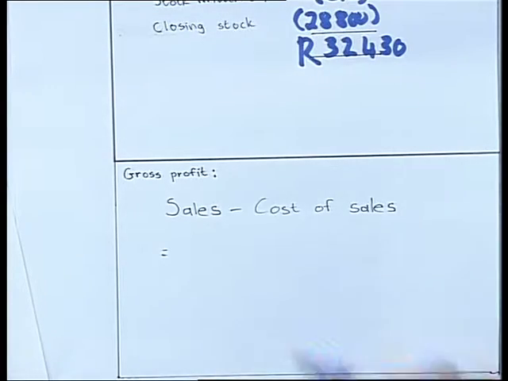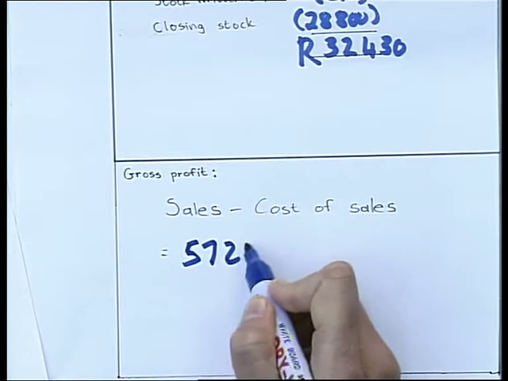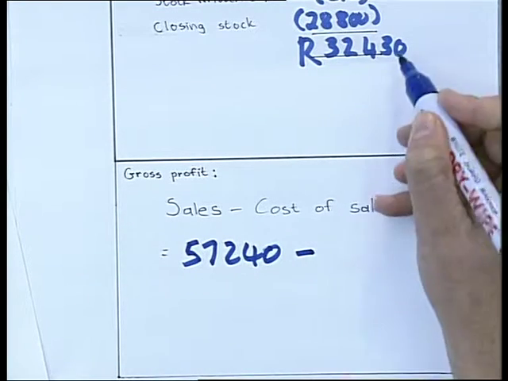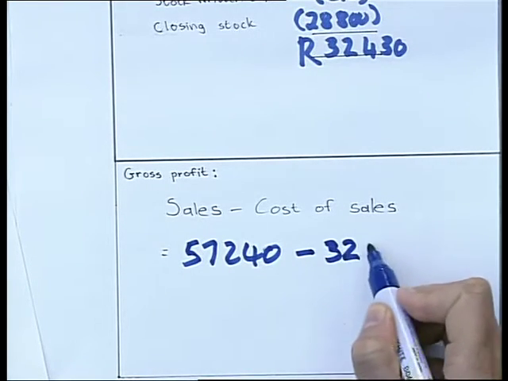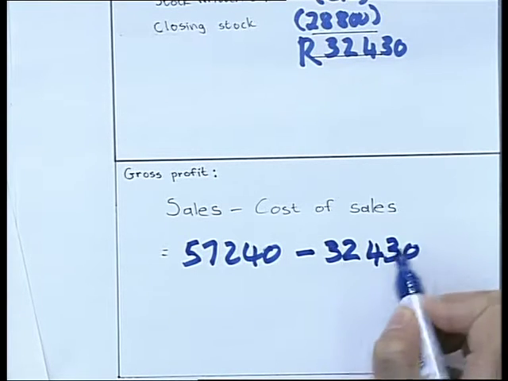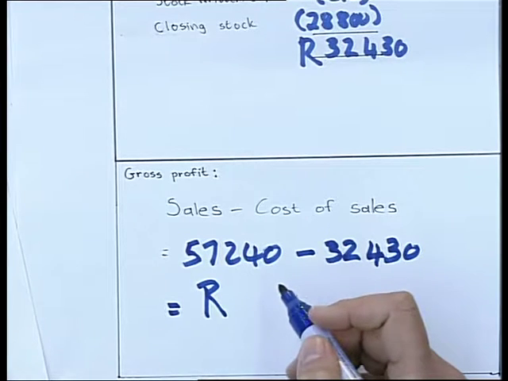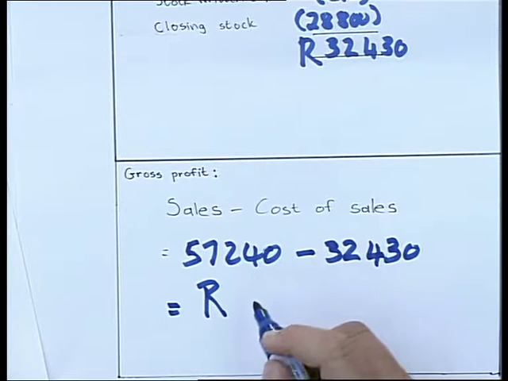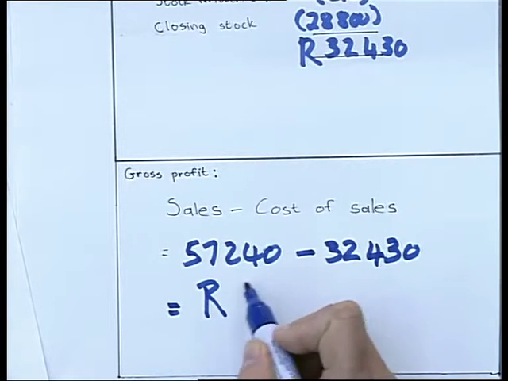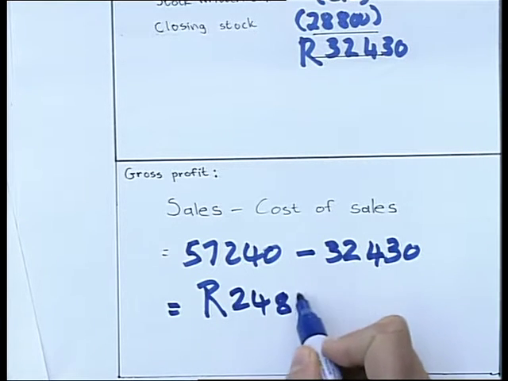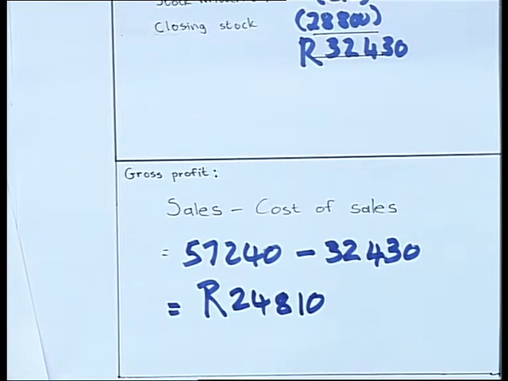So sales, 57240 minus the cost of sales that we've just calculated, 32430, equals the profit of, let me see, if we do that we get 24810, the gross profit then. Okay,